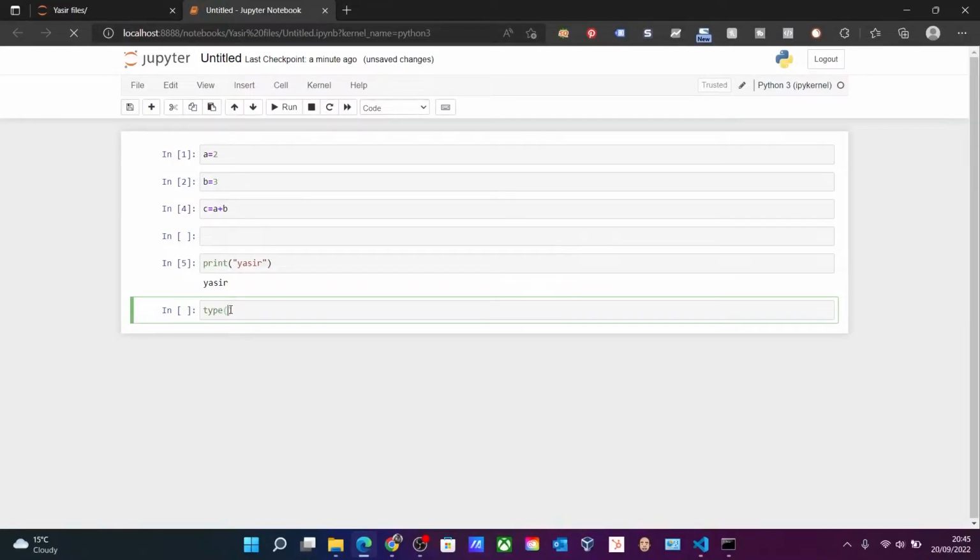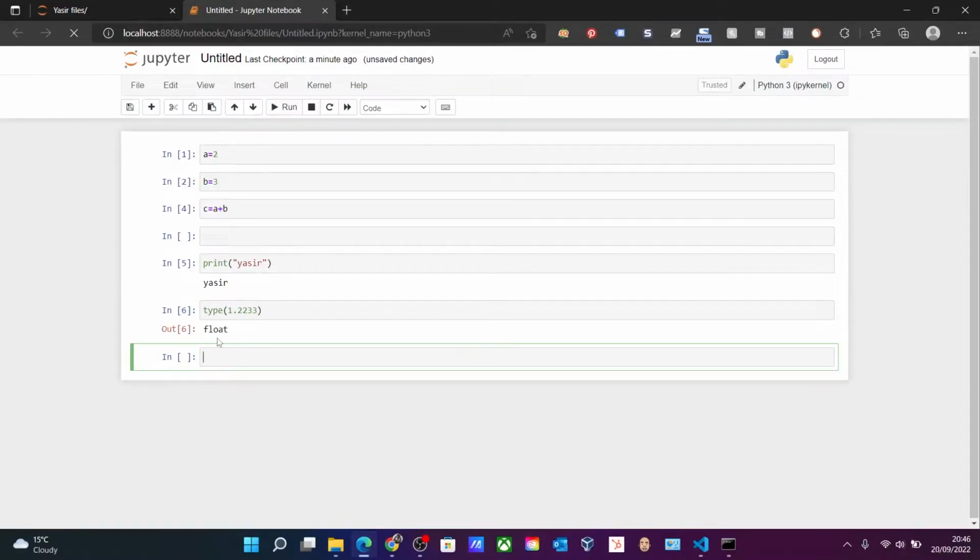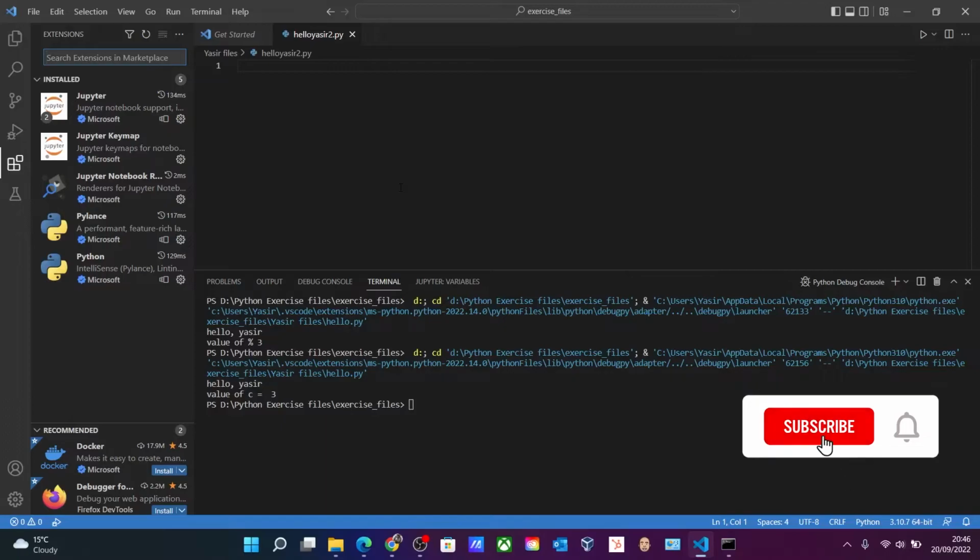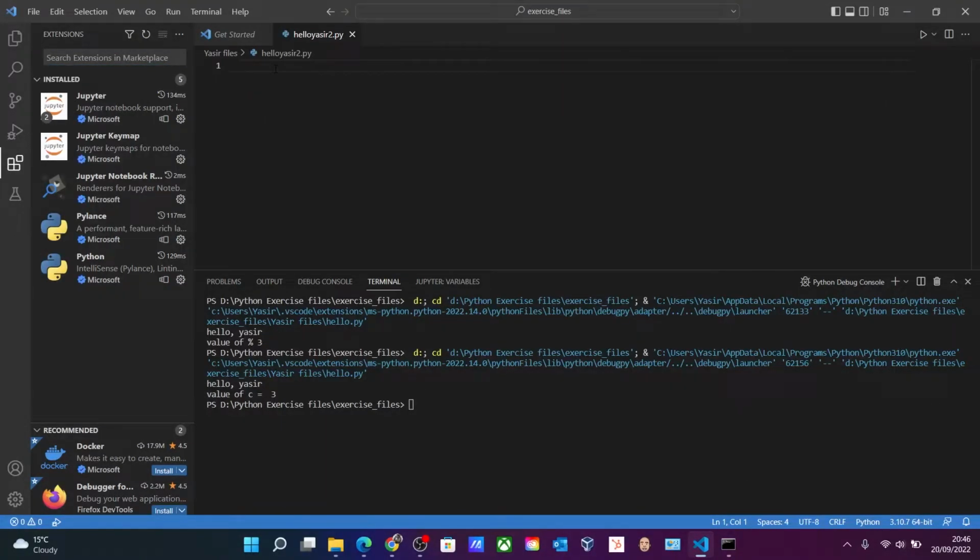For example, if I use type and write, I want to know what type of variable this is. Just click run and it will show float over here. So Jupyter Notebook is useful. We will be using it from time to time. Let's get back to Visual Studio Code and create a simple program